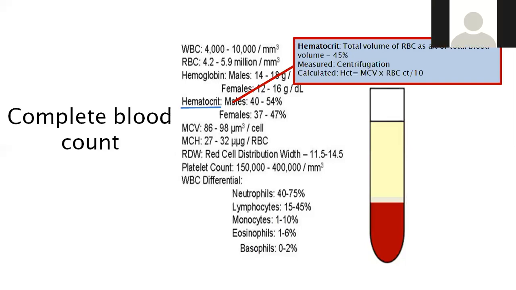The Coulter machine does not measure hematocrit, it calculates the hematocrit. Very easy to understand, it has measured mean corpuscular volume. Having measured mean corpuscular volume, and having measured the total RBC count, the product of these two, RBC count into MCV, is equal to the hematocrit. This is how it calculates hematocrit.